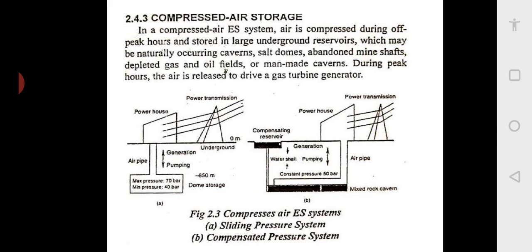What happens during a peak period when we require electricity, this compressed air is sent to the powerhouse. The turbine is rotated and it generates electricity. So it is like bi-directional, two-way. At off-peak time, the motor is used to rotate the compressor, and air is compressed. And during peak time, this air runs the turbine, expands in the turbine and generates electricity. So this is compressed air storage.